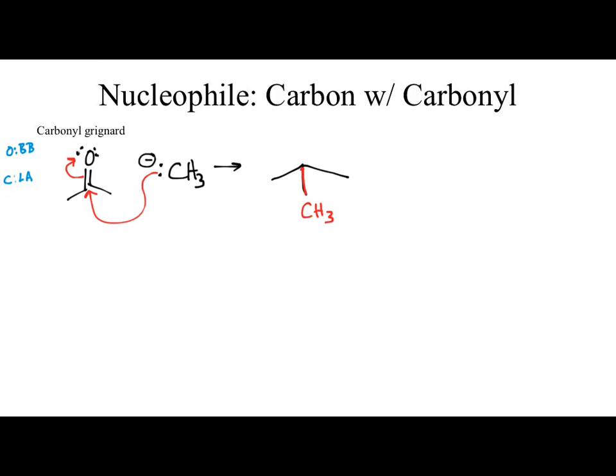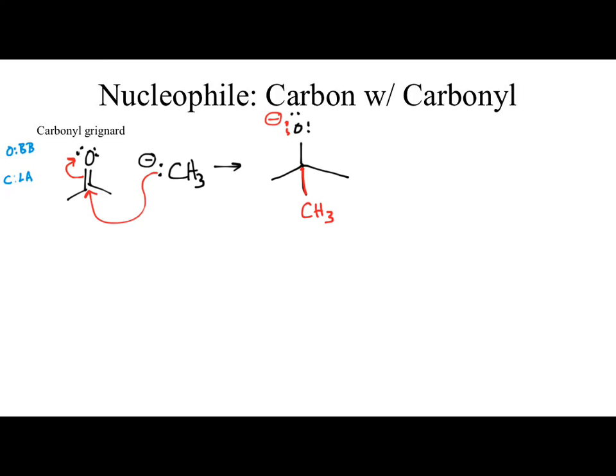Our CH3 shared electrons, so we've now formed that bond. What happened to the bonds up to the oxygen? I broke one of them. So tempting to color code this. So oxygen still has the two lone pairs that it started with, but now it has two more electrons. So it's now